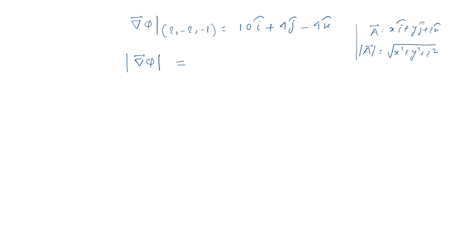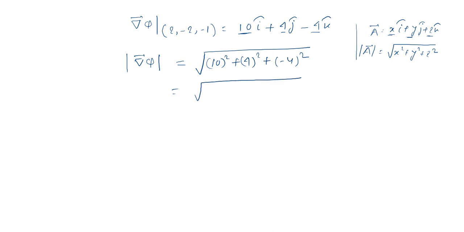That means it is the square root of the summation of the squares of the coefficients. So it will be root over 10 square plus 4 square plus minus 4 square. These are the coefficients of i, j and k, right? So what is the answer? It is 100, it is 16, it is 16, so it is